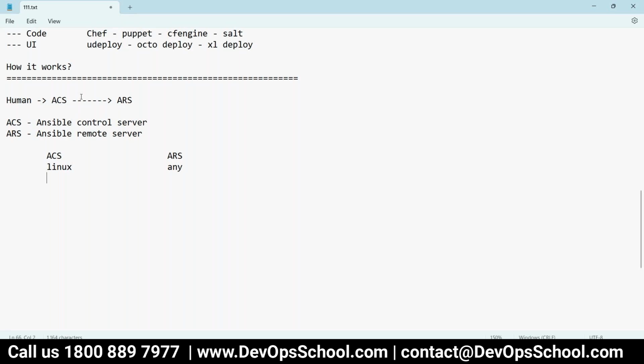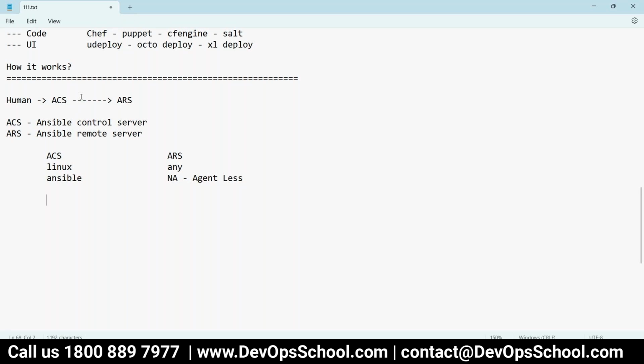And in order to become an ACS, you need to install Ansible. Here, not applicable. You don't need to install. So typically we call Ansible agentless. Why? Because there's nothing that needs to be installed. Why don't we need to install anything? That we'll discuss in some time. Okay, so this is the one.